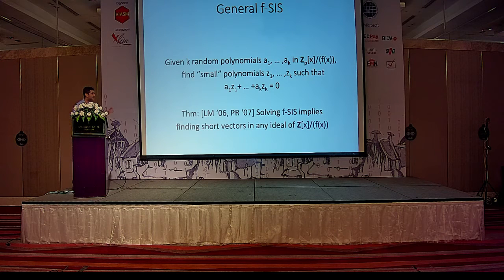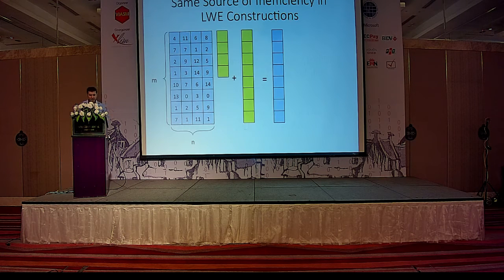So the important thing to notice here is that this polynomial f comes in both the problem and the hard problem that we're hoping is hard, right? So this is the important part. And LWE, for example, has the same thing, right? LWE is just CIS if you look at it the other way.